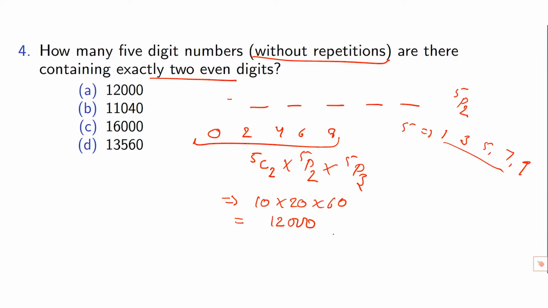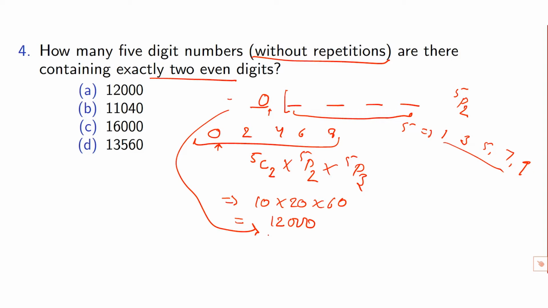But in that case, what will happen is, whenever we are arranging the even digits and we have chosen 0 as one of the digits, 0 can come into the first place. Whenever 0 comes at the first place, the number will be a 4-digit number, because any number starting with 0 is the same as a number starting from the next place. So that will not be a 5-digit number. That case has been included in this number, so it has to be excluded.